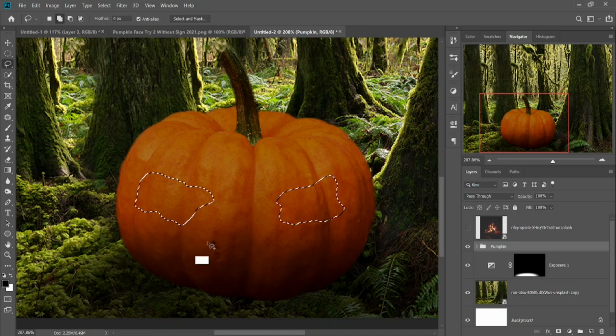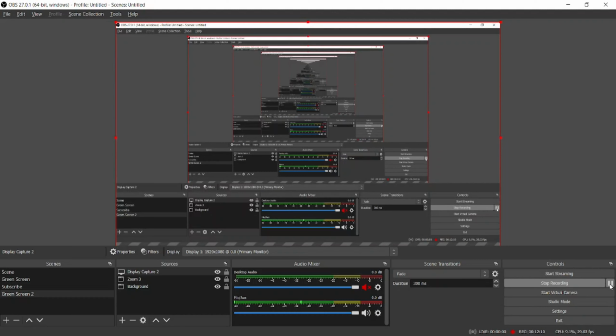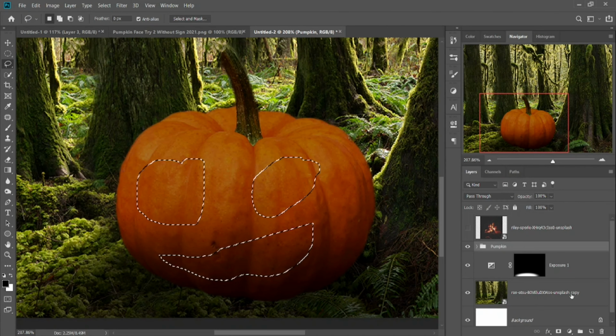Okay, shift, and now we're just going to make something real simple. Something like that should do it. Okay, so here we have it, and what we're going to do is we're just going to create a new